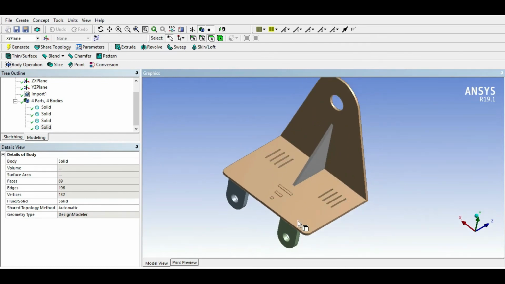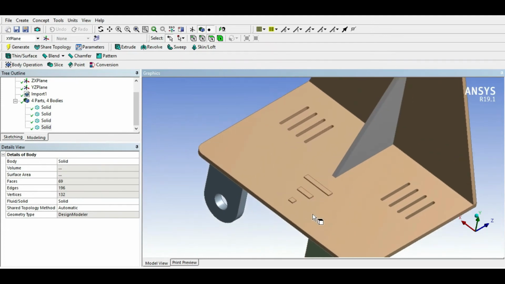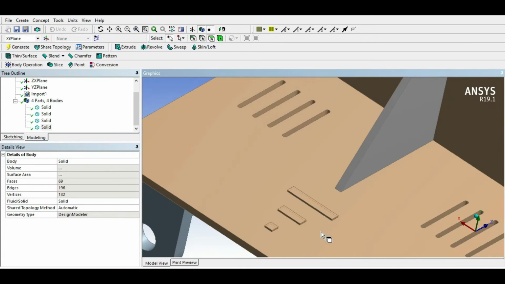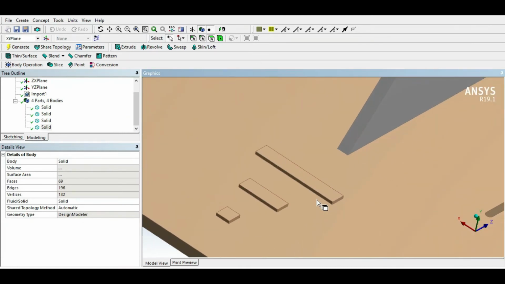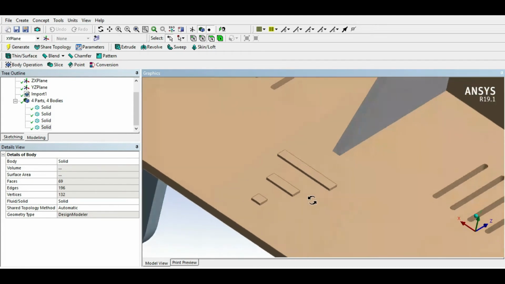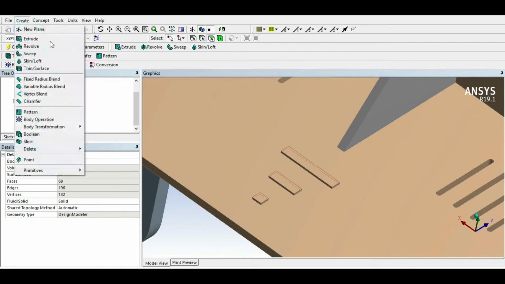So I am beginning with this feature removal. Here you will see some extruded part on the surface of this solid 4. To remove this extruded part, there is an option in the create menu. Click on this create menu bar and here you will find a delete option, and select face delete.